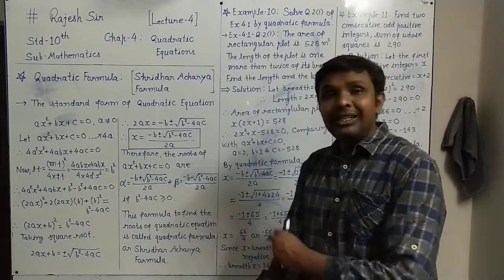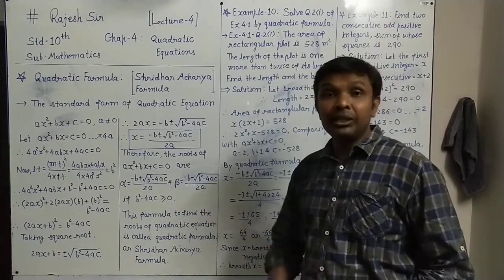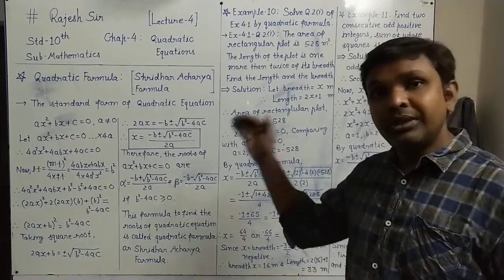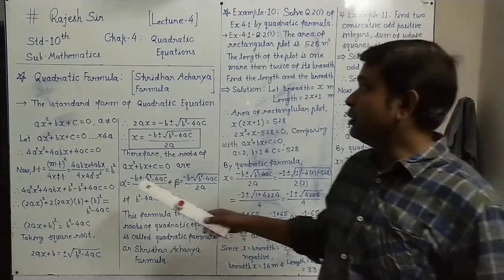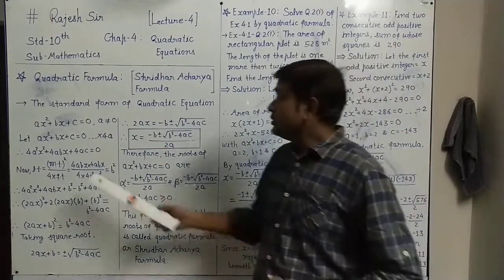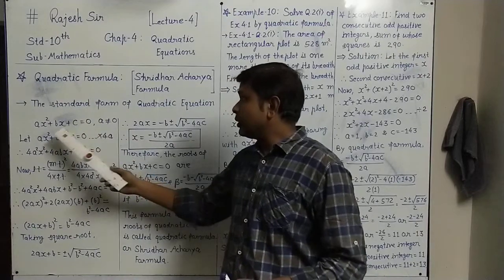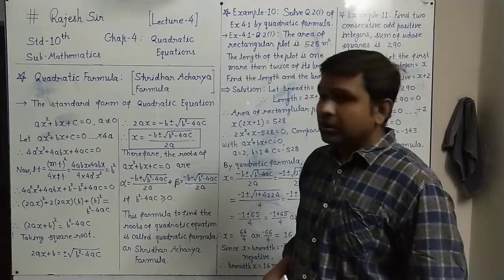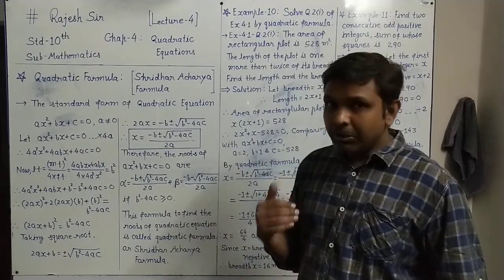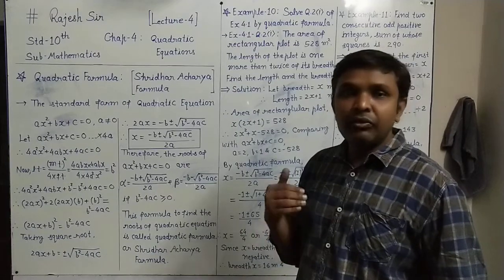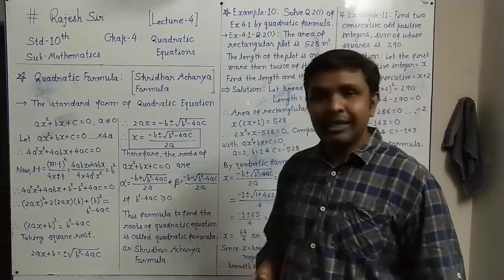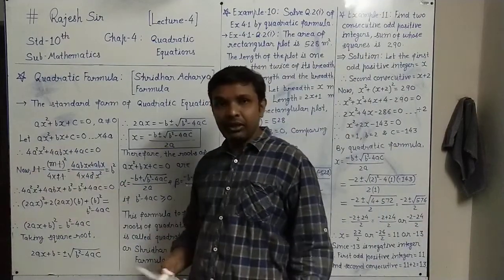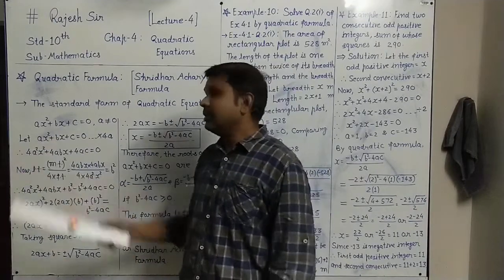As we have seen in the last lecture, the method of completing the square to find the solution of a quadratic equation, actually we will use that method here to find the quadratic formula. So our standard form is ax square plus bx plus c equal to 0, a not equal to 0. We are going to apply the method of completing the square. As we have done so many examples in the last lecture, you know that the first term must be the square of some term. So this is ax square.